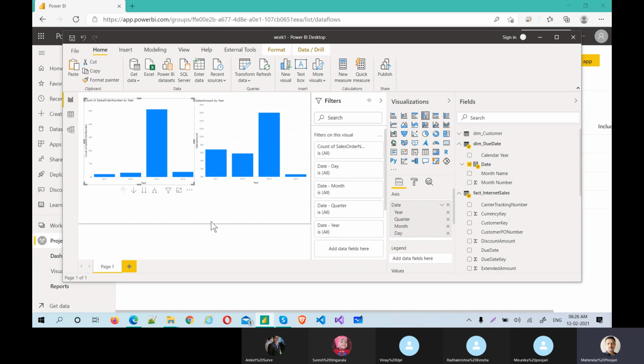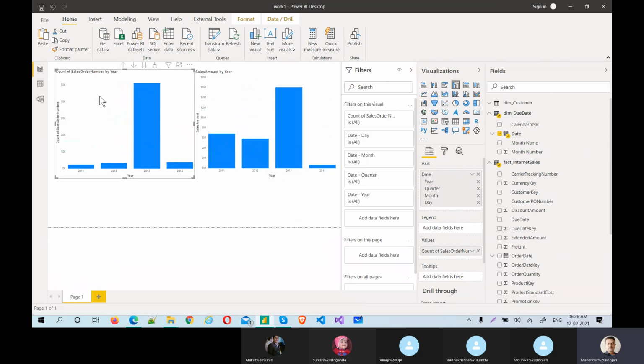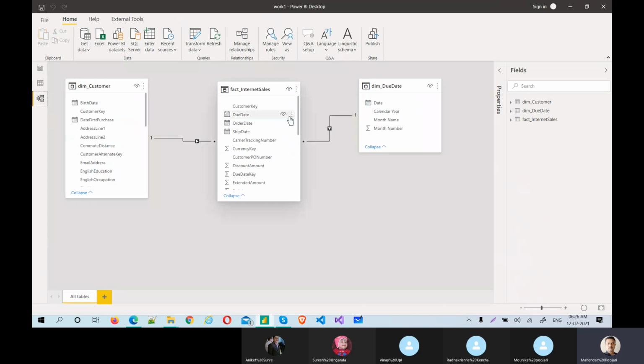But ideally this will not be the right one. Why? Because I'm checking the orders by making a relationship with the due date. If you see here, the relationship is with the due date, but I'm checking the orders. With the due date, you cannot check the orders. For that, you should have a separate key, which is an order key, order date relationship.